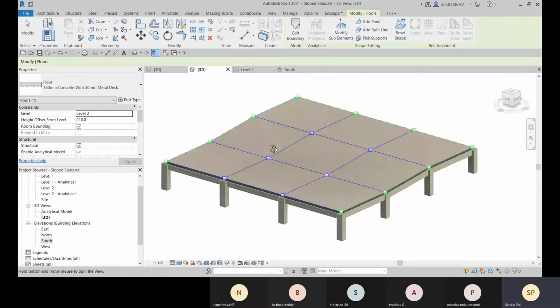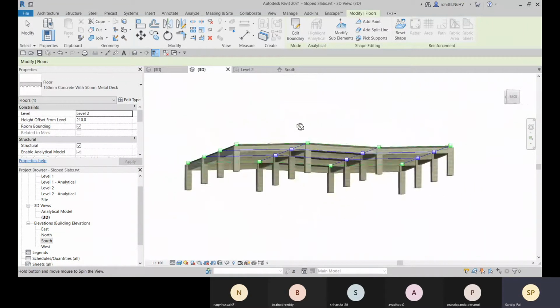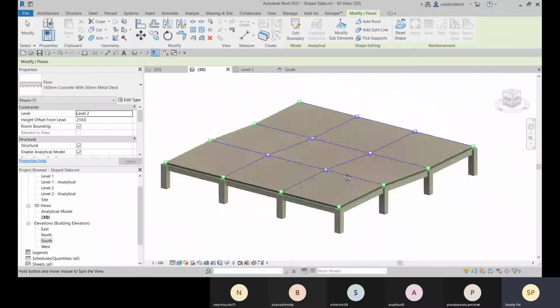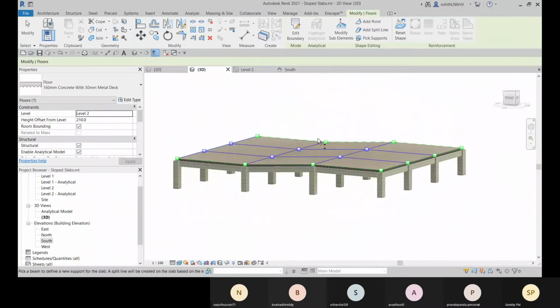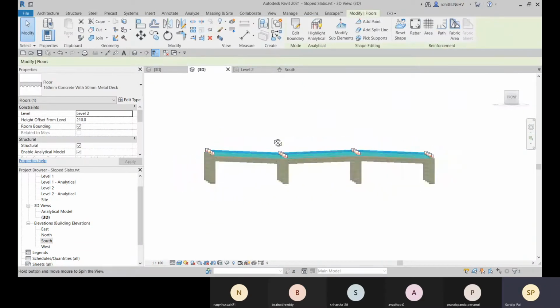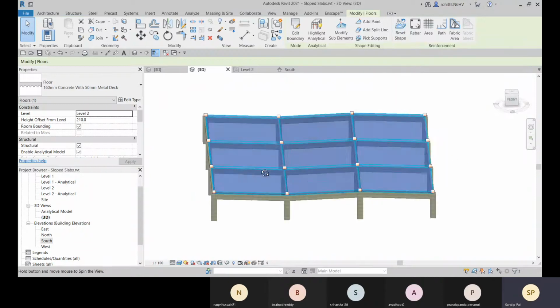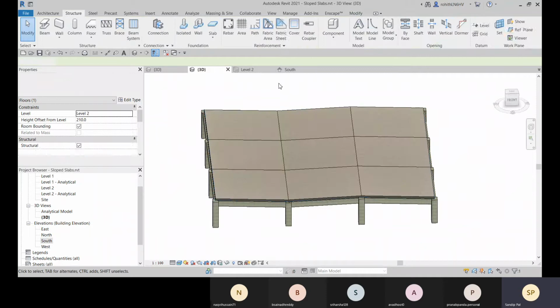Okay, and there you can see, as per this, it is adjusted, right? Okay, done. Cancel it. And if you want to make it flat again, you can go with this reset shape, and you can have it.